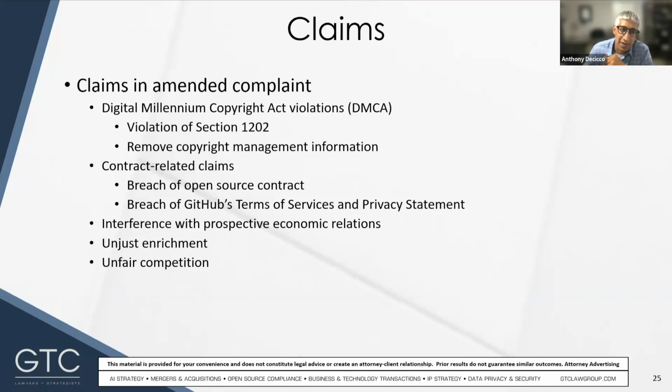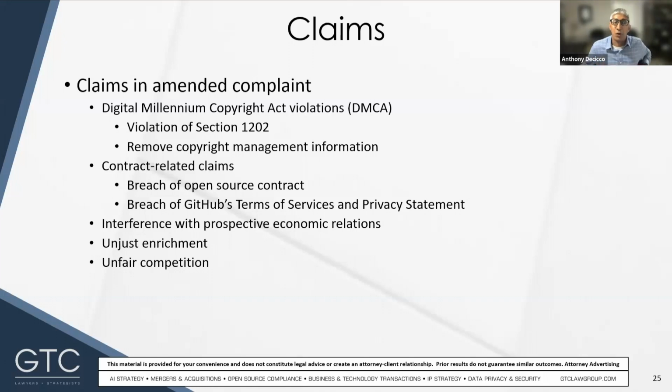So the first is that the removal of the copyright notices and the license information is a violation of the DMCA, along with distributing copies while you're knowing or intending that the copyright information has been removed or altered, without authority of the copyright holder. So you can't remove a copyright notice, and you definitely can't do it knowingly or intentionally. So that's the basis of that claim, because there are no notices or license information.